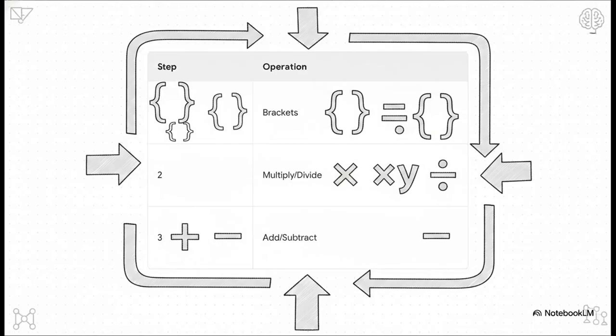Now, the crucial thing here is that once you have your numbers, you have to follow the strict rules of the road to solve the puzzle. That's the order of operations. You always tackle anything inside brackets first. Then you move right on to multiplication and division. And a quick pro tip for reading math: anytime you see variables sitting right next to each other with absolutely no symbol in between, it automatically means they are being multiplied. Finally, you clean up with your addition and subtraction. Follow that strict hierarchy, and you decode the equation perfectly every single time.